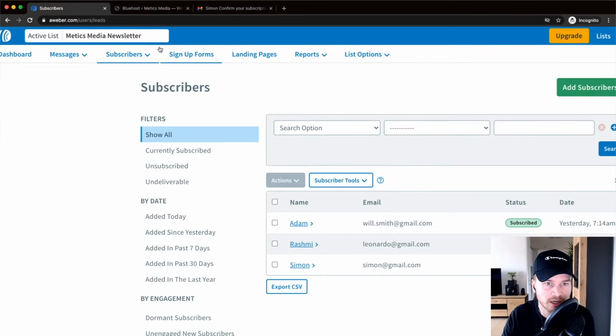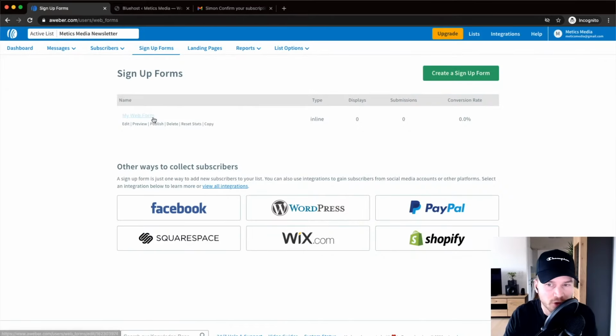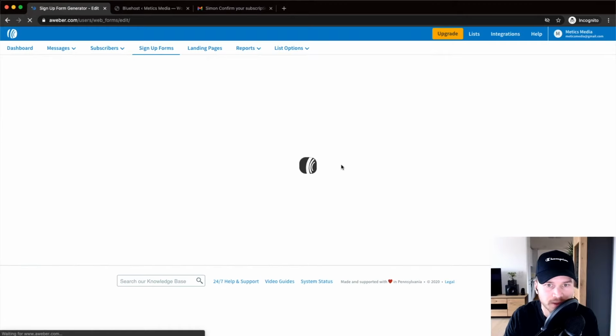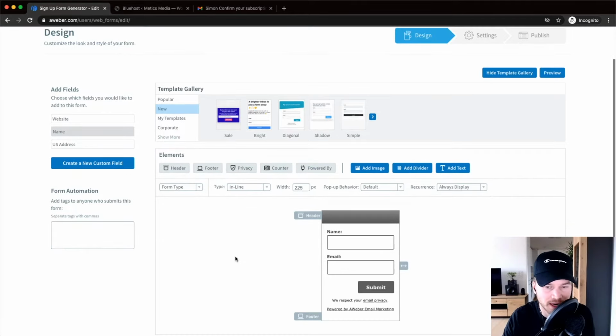To do that, just click on sign up form right here on the top. And there's already a form right here. You can take a look at that and see if that already works for you, but I'm going to show you how to create a form basically from scratch. So we're going to click on create a sign up form on the top right here. And then this is the registration form builder of AWeber. I don't think it's very intuitive, and I think they could have done a better job designing their forms a little bit nicer, but I'm going to show you how to get a solid form